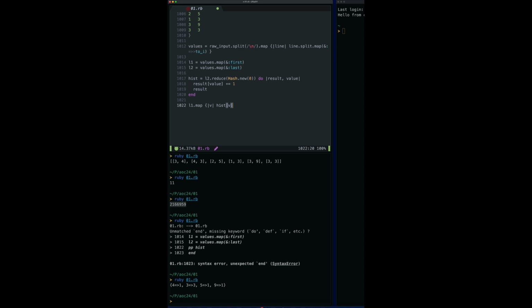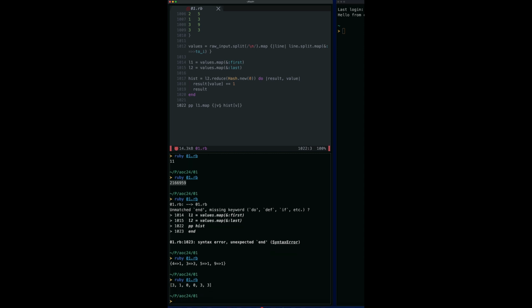And remember, if the key doesn't occur in the histogram, it will return 0, so that's okay. So now what we've got is a list of the number of occurrences. And again, if we're not too sure, we can do a pp on that